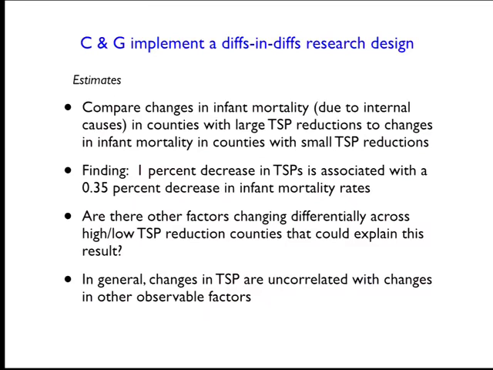But they do have some observable characteristics for the counties, some things that they think should have explanatory power for infant mortality, and they can look at whether or not these observable factors are changing differentially in the treated counties versus the control counties. If they are, then that would be evidence that the research design is probably broken, because if the observable factors that determine infant mortality are changing differentially in the two counties, then the unobservable factors are probably also changing differentially. If not, then that's suggestive that the research design is in fact valid, by the same argument that the observable factors are trending similarly in the two counties, and hopefully the unobservable